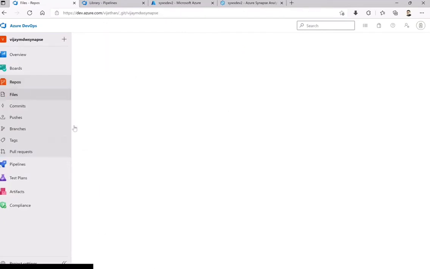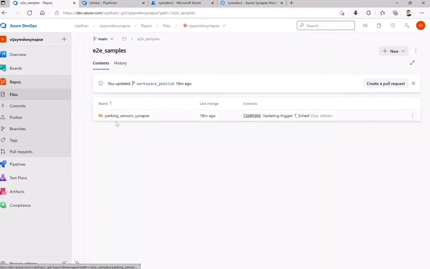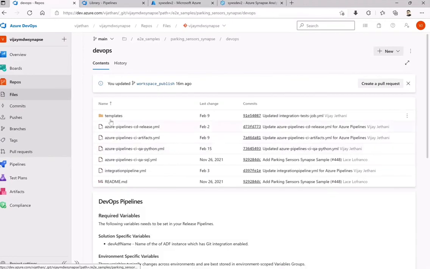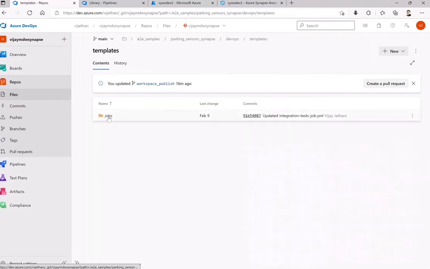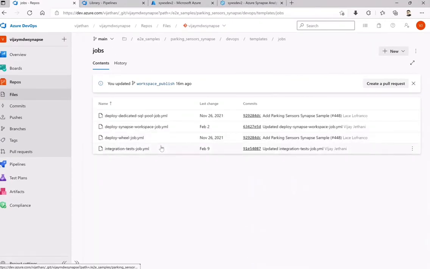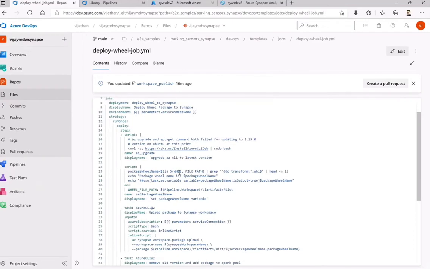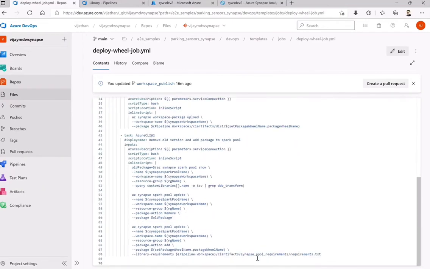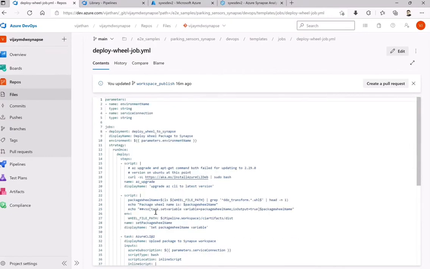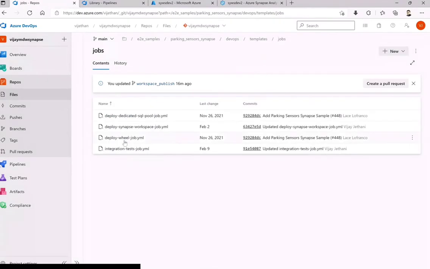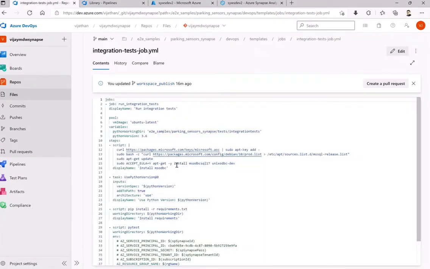But what goes inside the modules is, if you go to the DevOps templates, now for each of those which I've shown you, from SQL or Snaps workspace, there's a separate YAML file. So within that YAML file, again, there are command lines. Each and every command line will do one particular task. Similarly, it will be for your integration testing.